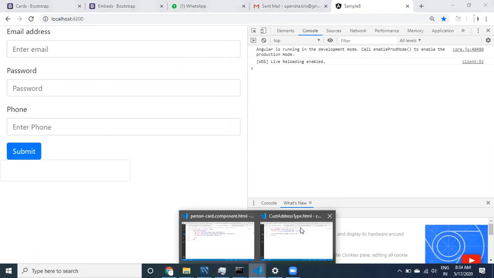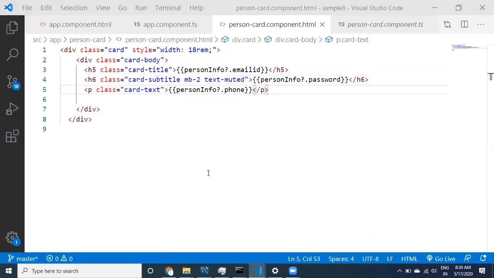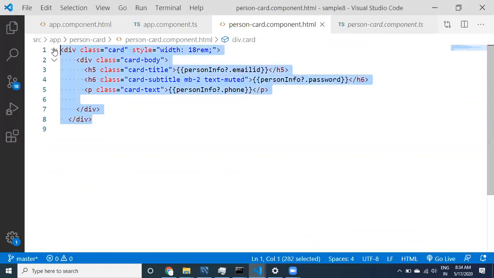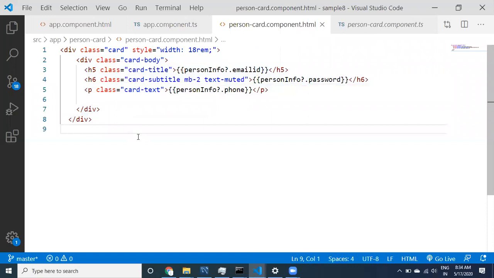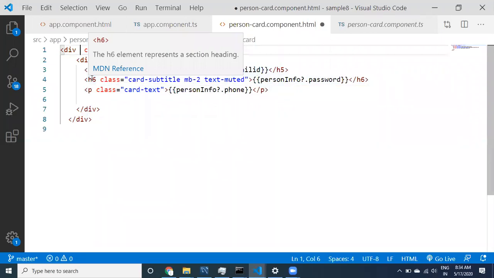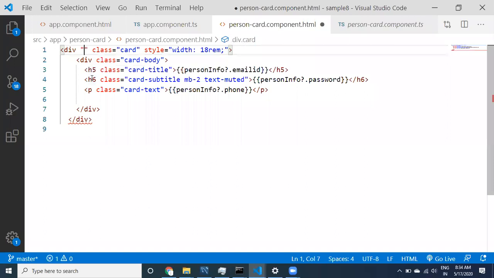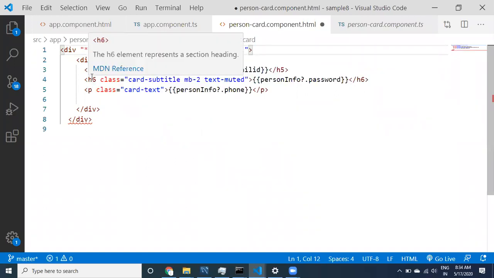If the object is not available, I don't want to print this. For that, coming to the div, we can say star ngIf.